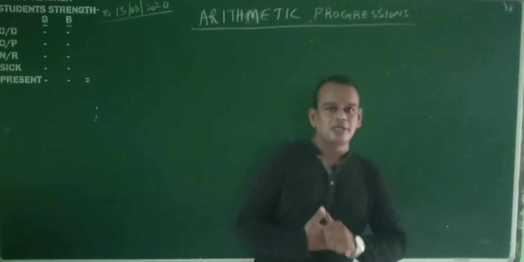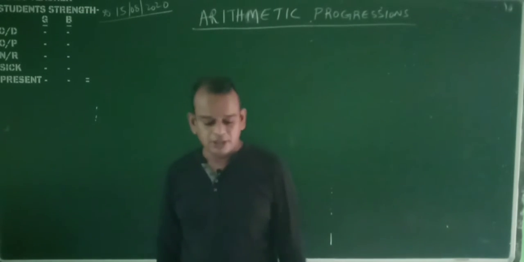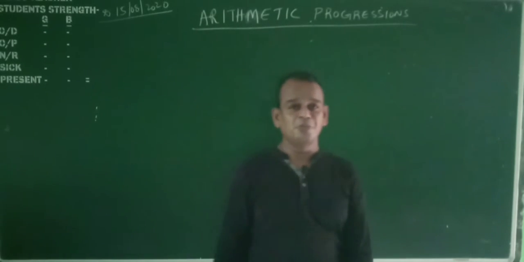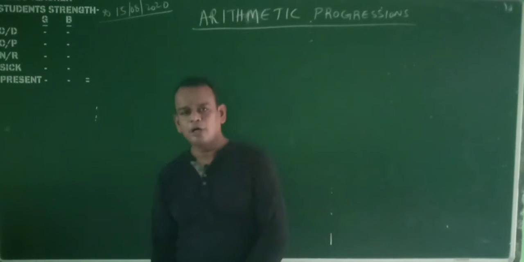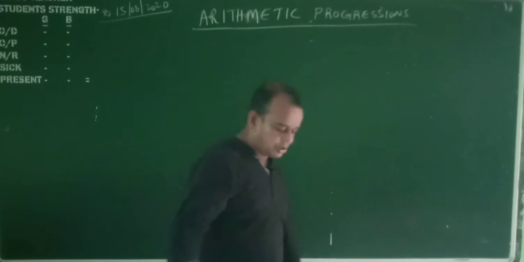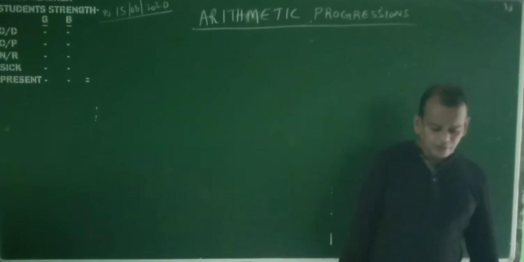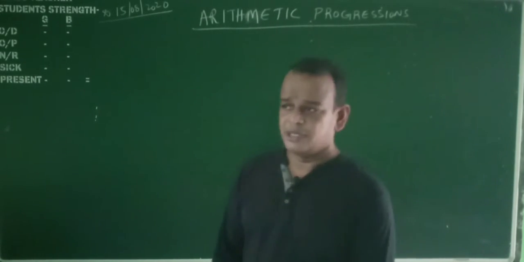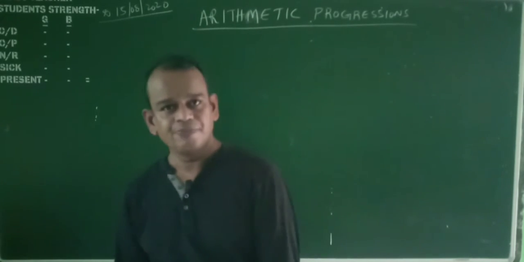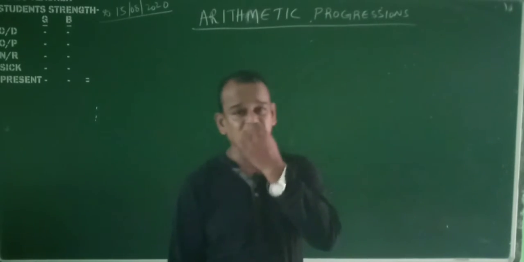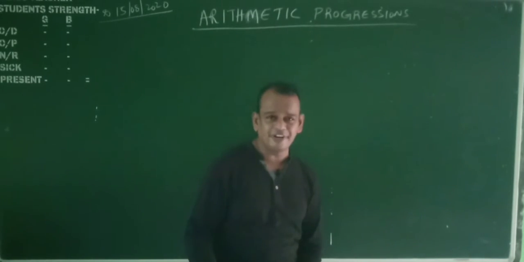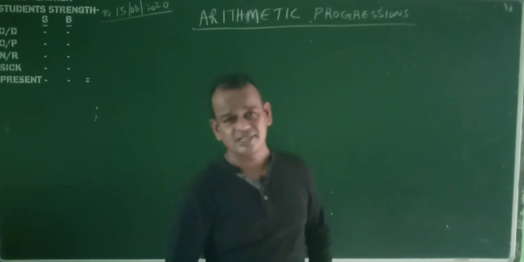Okay. Yesterday I discussed the topic of arithmetic progression for class 10, chapter number 5. It is a very important topic from the board examination point of view or any competitive examination point of view. Yesterday we discussed the sum of n terms in AP. What is the meaning of a sequence? What is the meaning of arithmetic progression? What is the common difference? What is the first term? Already yesterday in class I discussed it.